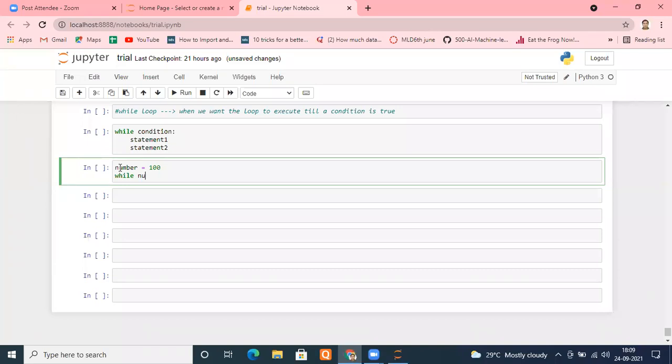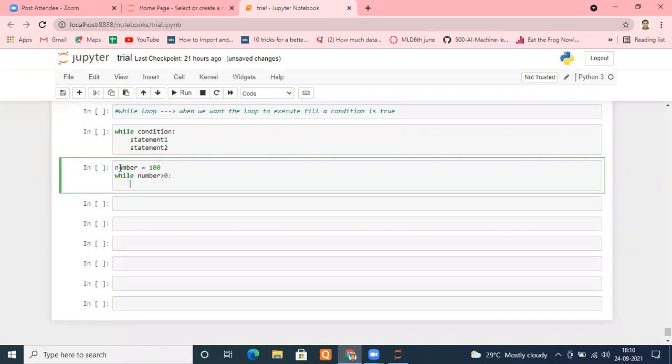Then I'm writing while number is greater than 0, colon. The condition has been put there. Now suppose I want to print this number only for now. If I run this program, what will happen?